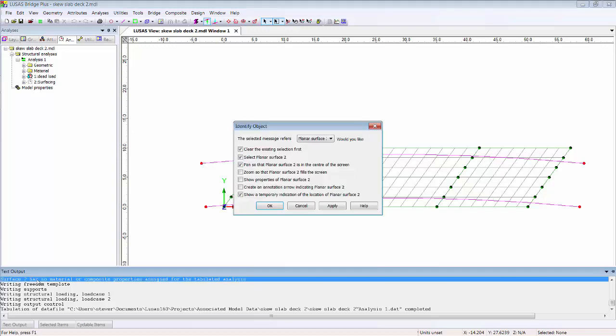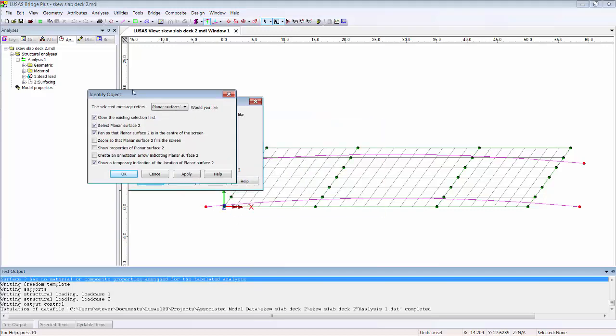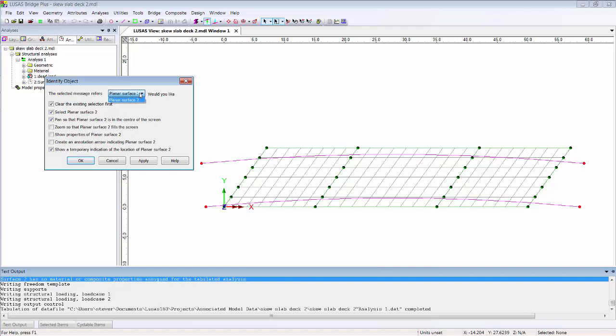I double click on that message. And this comes up with the identify object dialog. It says the selected message refers to planar surface 2. Would you like to do some of these things? Clear the selection, select that surface, pan so it's in the center of the screen, and perhaps create a temporary indication. That sounds good. So if I press OK there, you should see